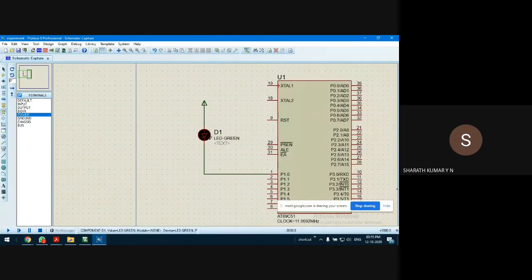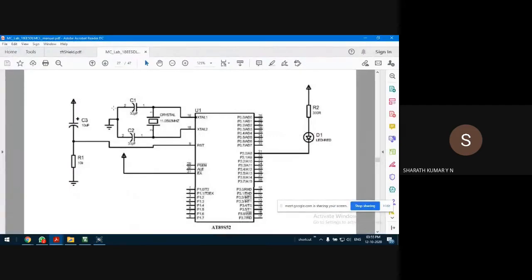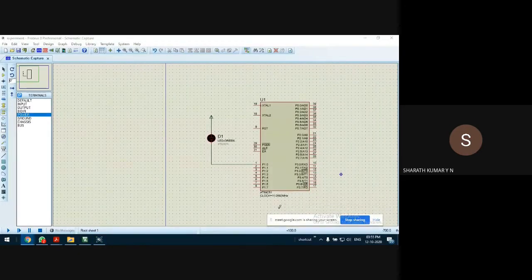Okay guys, that's all for the connection, because as I said, we are not going to make these two connections: one is the crystal oscillator connection and another one is this EA bar connection. Not necessary. It works without that, I checked it. This switch is not for this experiment. The other connection shown, the capacitor and resistor, is not for this experiment, and hence we are not going to make that connection. I hope it's okay up to this point. It's very simple anyway. It's just a drag and drop of components.